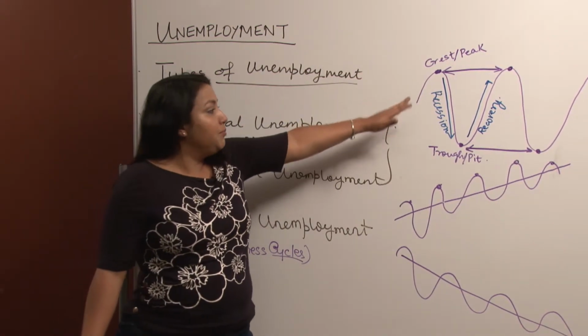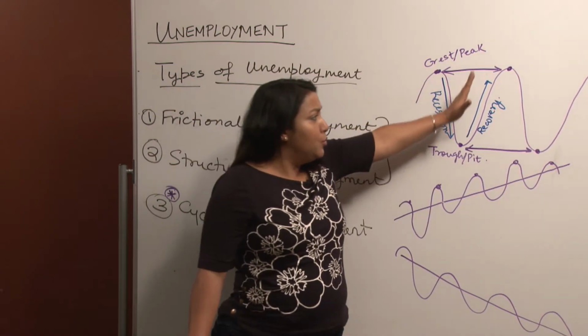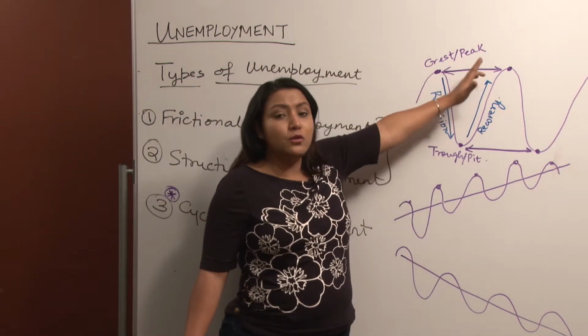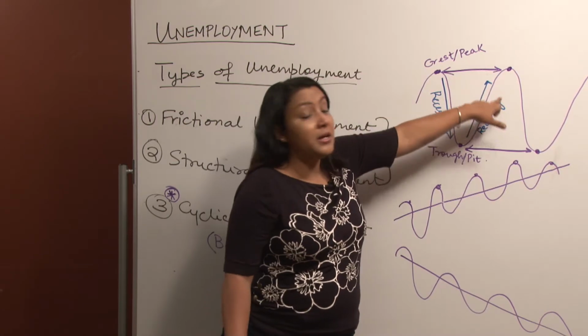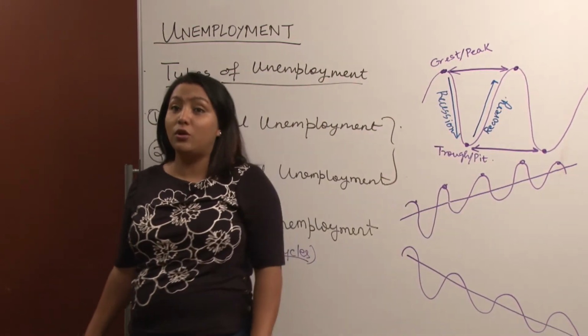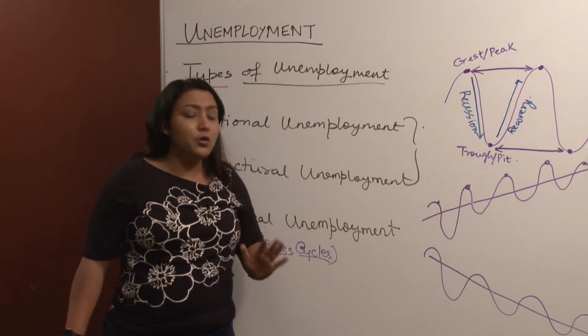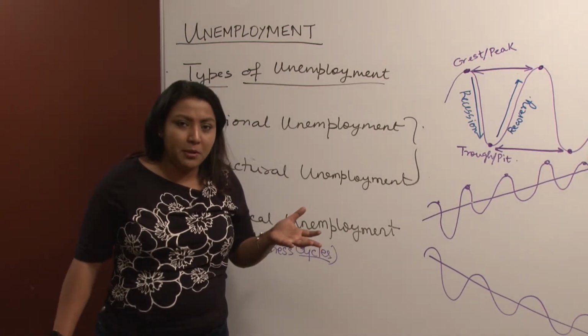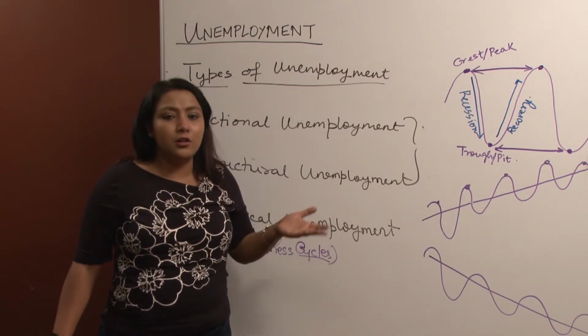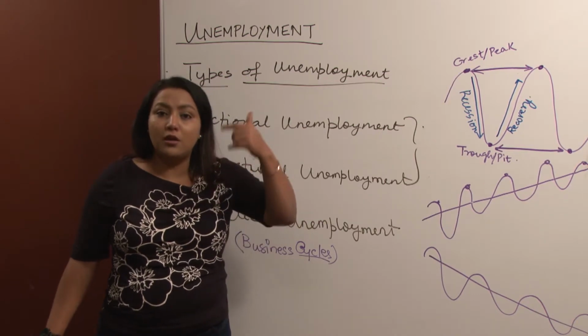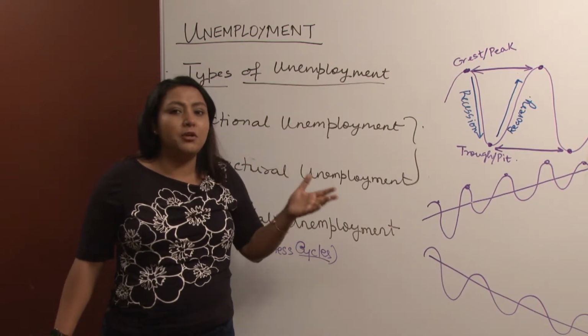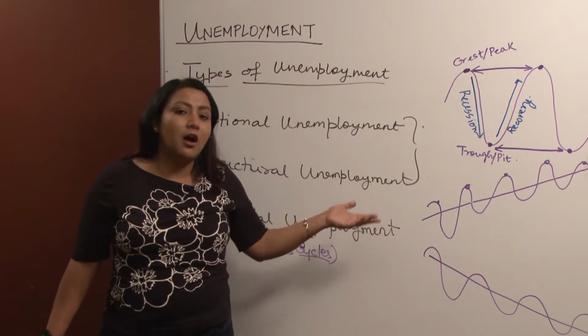So economists are of the view that we are inching very close to the peak, which means there might be another recession really around the corner. We don't know how deep that recession will be. We don't know how serious that recession might be, but some economists are definitely of the view that we are going to hit a recession very soon, and it might be driven actually by